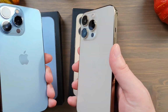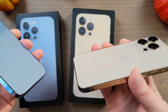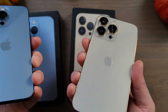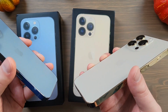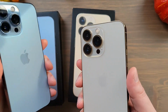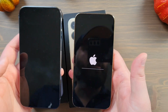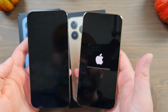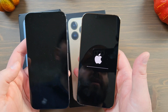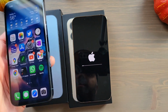Again, different angles. The gold metal chassis around the front of the gold version here is a little bit more noticeable than the Sierra Blue. The Sierra Blue, I would say, the metal chassis on the front is about as noticeable as it is on the graphite. Transferring my data here, and in case you're wondering if you didn't watch my other unboxing,